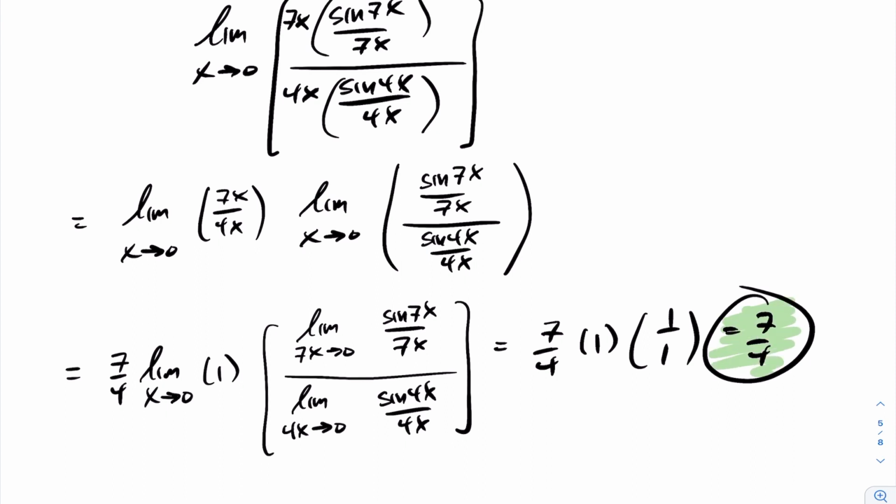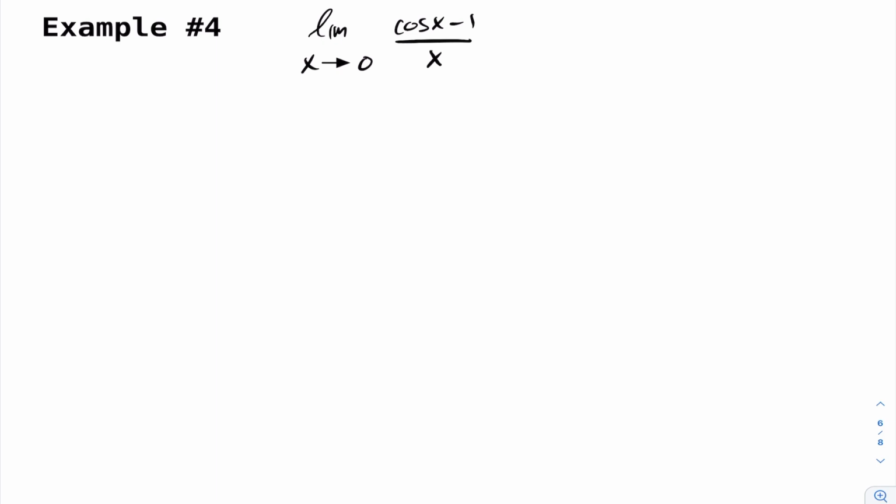Let's try another. So for the next example here, we're taking the limit as x goes to 0 of this expression. There is no sine function incorporated in this question here, but notice here, if I let x go to 0 and I sub this in, we get 0 over 0. So I need to do something to get some cancellation here and apply my limit properties. Well, in this case here, what I'm going to do is I'm going to multiply the top and bottom by the cos of x plus 1,